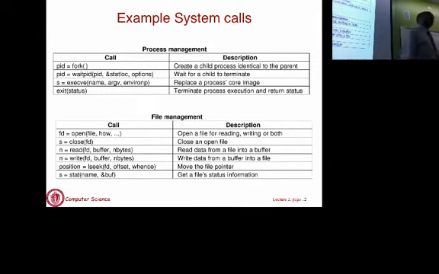Okay. So here are some examples. We are going to come back to system calls in a lecture or two. These are just several examples of what kind of system calls exist. There are literally dozens and dozens of system calls that any operating system supports. Okay. At least maybe 100 or 200 in Linux alone. So for every type of hardware, you will have a set of system calls.